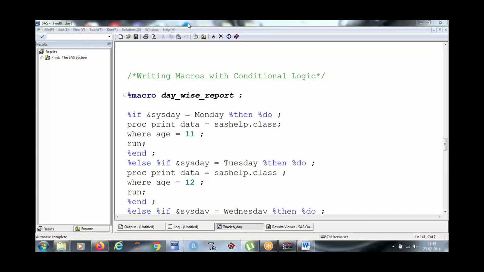First, complete your entire program, then write %MEND, macro end.